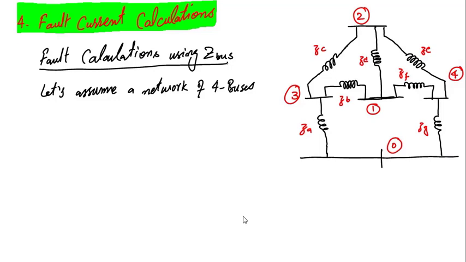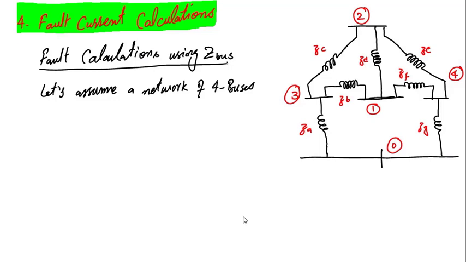So I haven't shown, as I have mentioned earlier, any source in this network. It doesn't mean it is passive. It is an active network, and the current injections are present at those nodes which have a connection to the ground. So ZA and ZG, these two nodes are connected to ground and current injections are over there. I haven't shown that current injection to keep this diagram simpler.